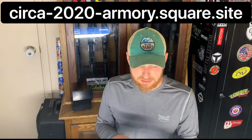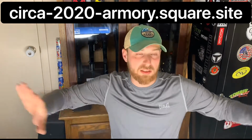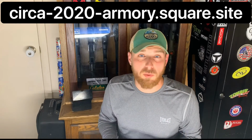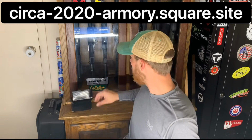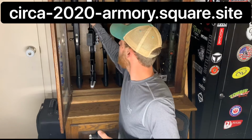At night, it has, I think, a 65-degree flood, so it's pretty forward. It doesn't splash light everywhere. It's pretty forward where you're aimed. If you like to run an AR for home defense, or if you have a TAC 14 shotgun, I can